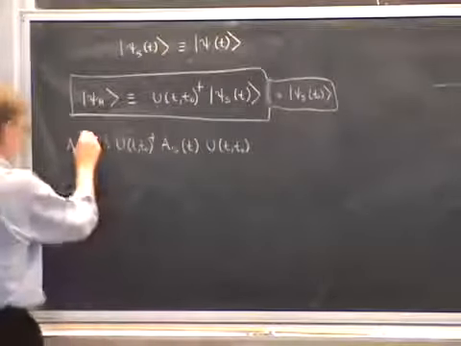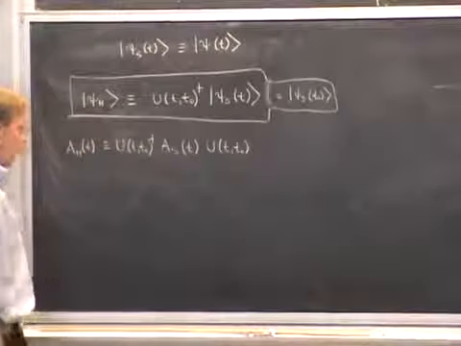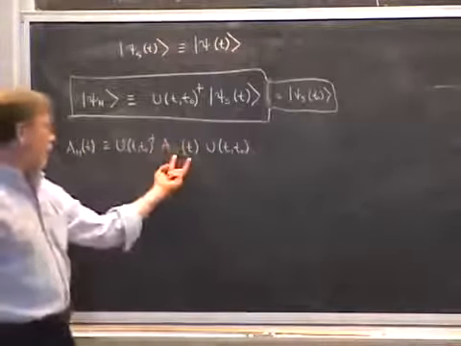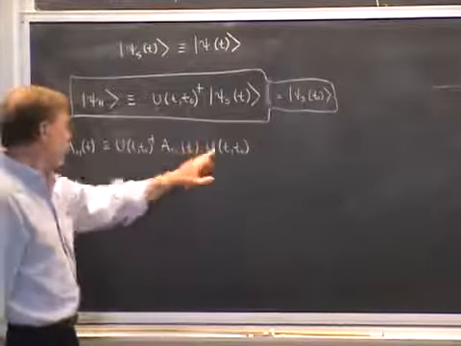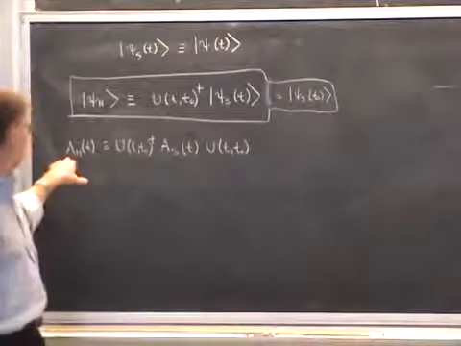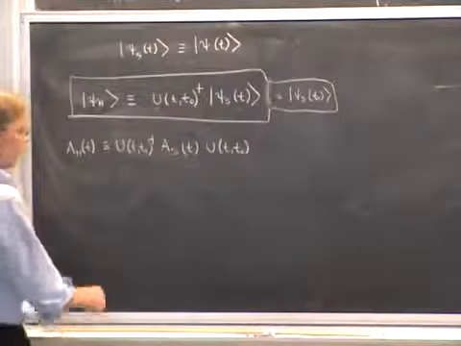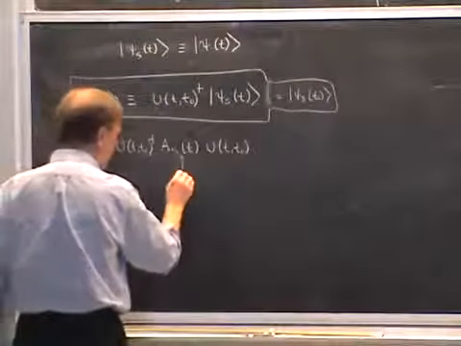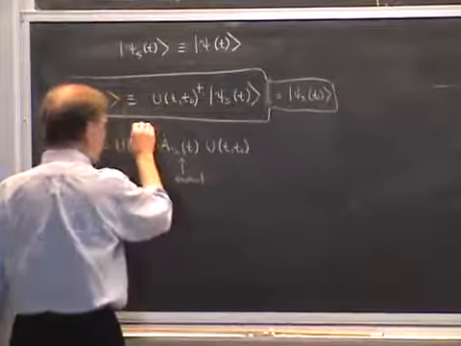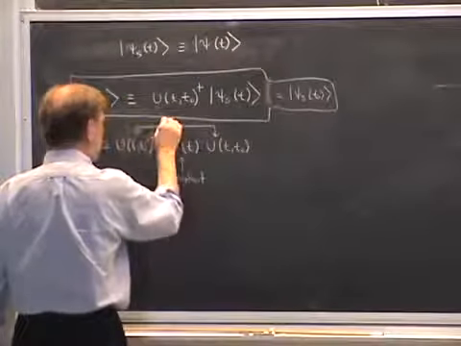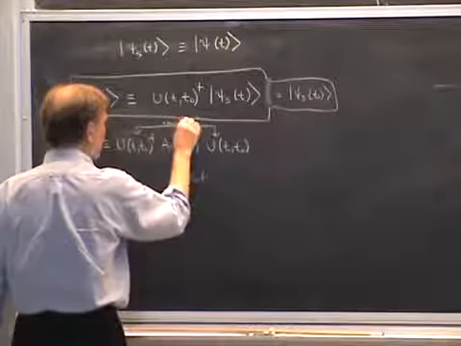Now, the Heisenberg operator always has a time dependence. Because even if the Schrödinger operator was time independent, so there was no function of time in the middle, these two U operators depend on time, and so the Heisenberg operators always have a time dependence. In fact, this is what's called the explicit time dependence, and the time dependence that comes from the two U's is considered to be an implicit time dependence.